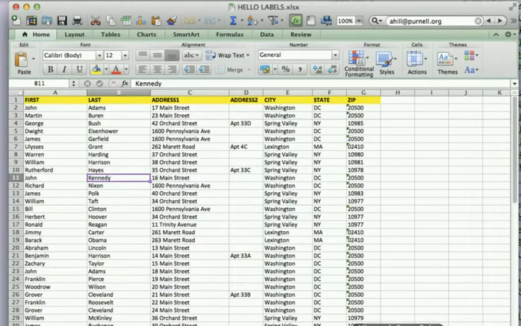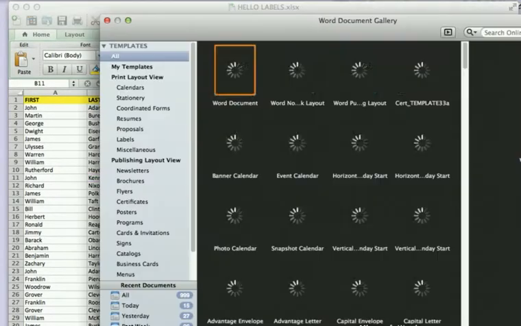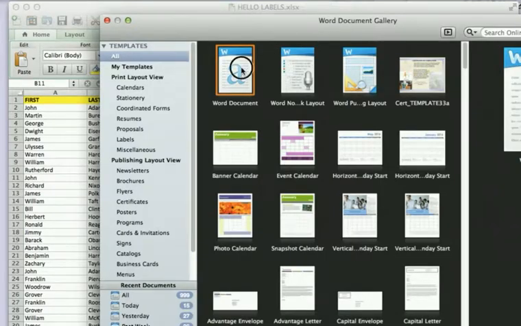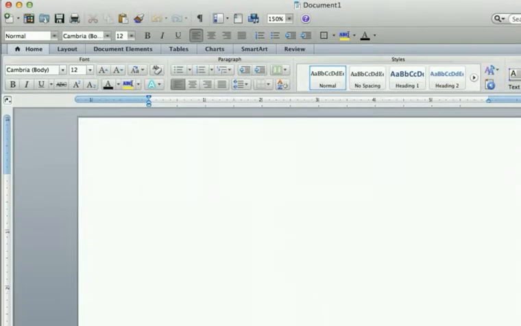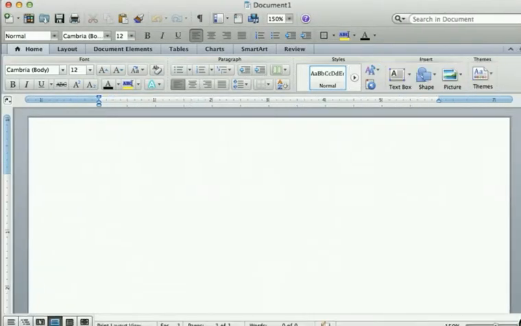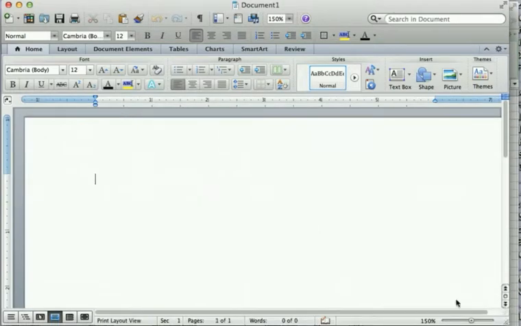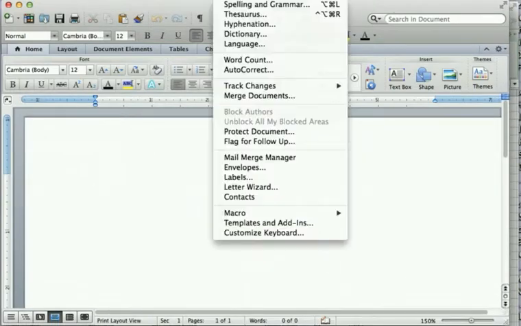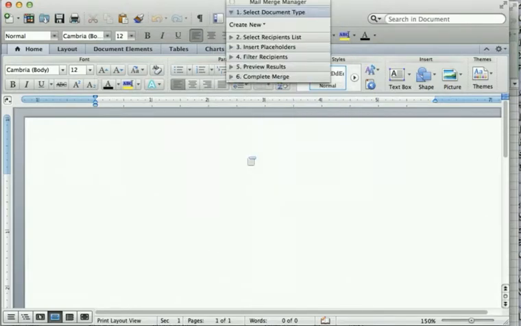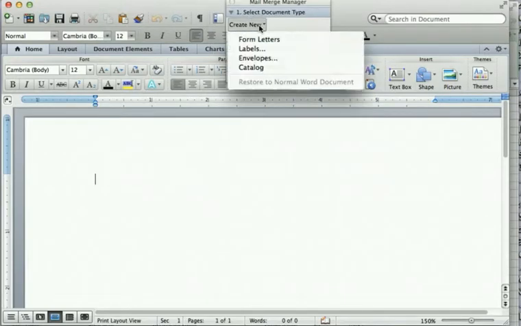I'm going to go to word processor, and I'm going to open up a Microsoft Word document, and I'm going to go to my friend under Tools, called Mail Merge, and I'm going to create a new Mail Merge. This time I'm going to do form letters,